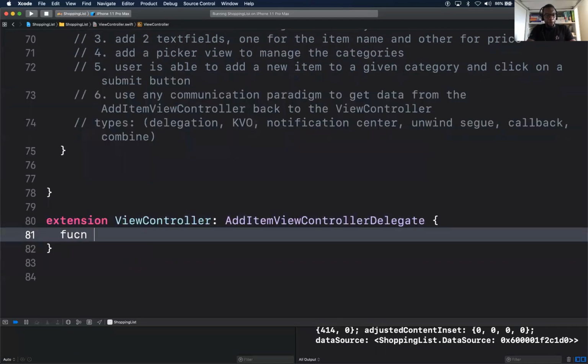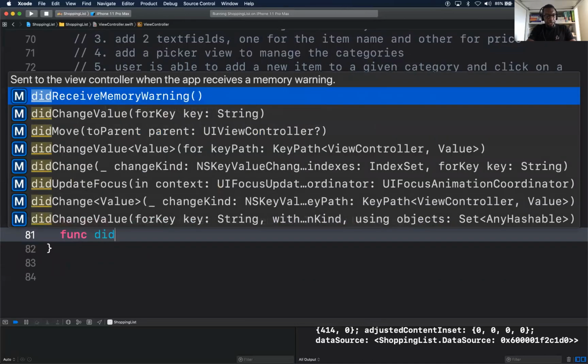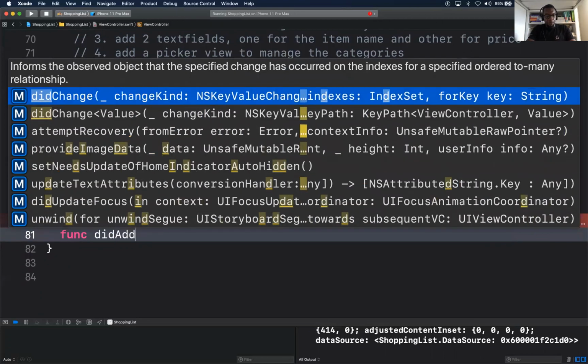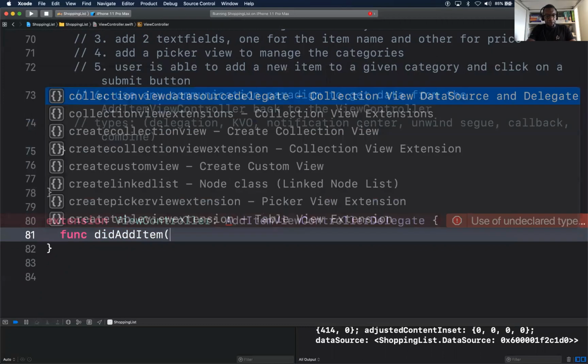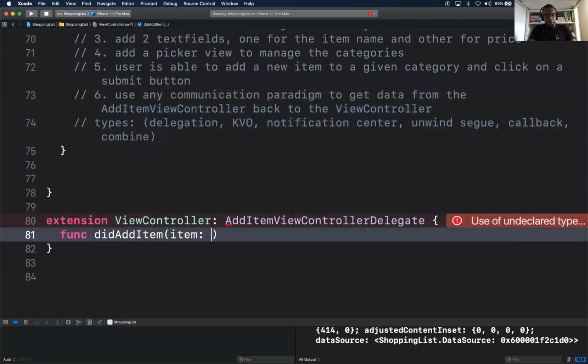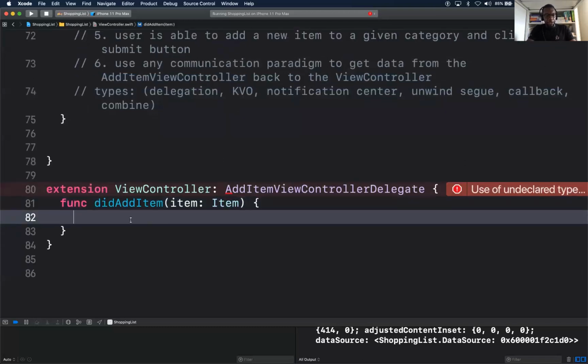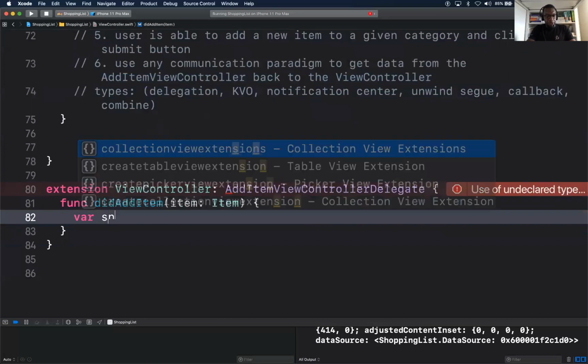Okay, and here I probably have something like that. And this guy has an item of type Item. And here, if I have an item, now I could get a snapshot, for people that want to take this further.